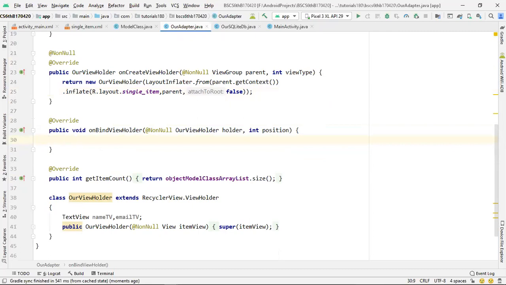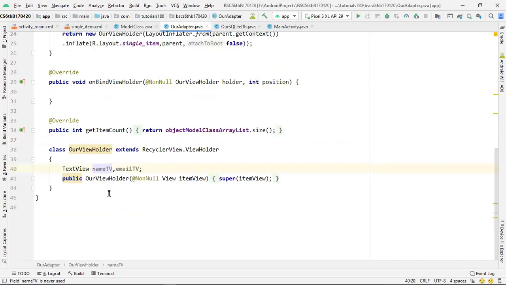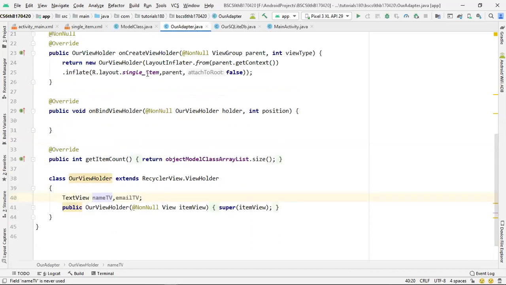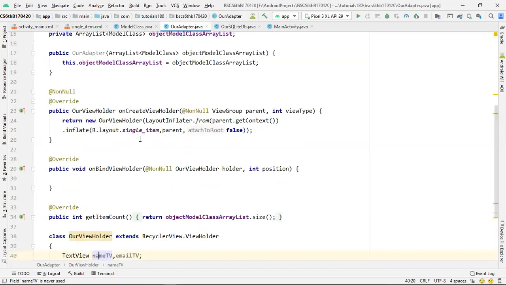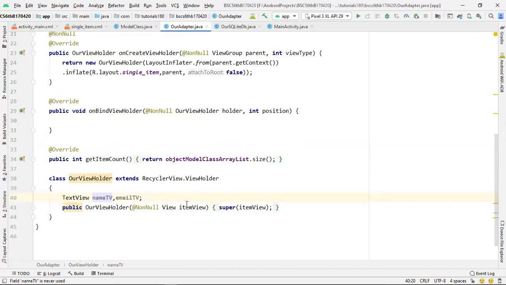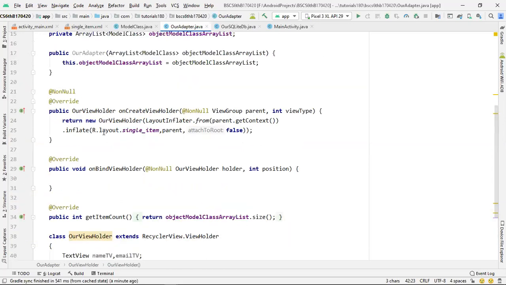Inside the on bind view holder, we are actually going to set values to our text views. But before that, as you know, we have got the Java description of this single row inside this item view. How have we got this? We first create a view holder object, and inside this we have passed the Java view description of our single item over here.